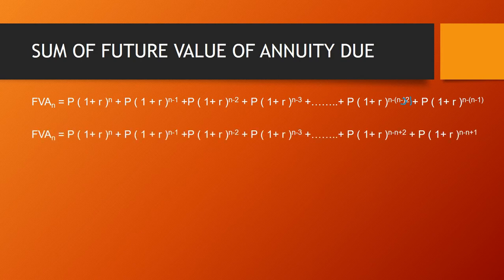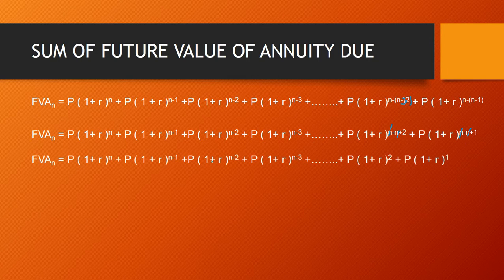So now if you open this, it will be n minus n plus 2. And over here, when we open the bracket, it will be n minus 1 plus 1. So this n and this n will be cancelled, and similarly over here also this n and this n will be cancelled. So we are left with 1 and 2 over here. So you can see that your complete amount, the future value of the annuity, will be P(1+R) raised to power n plus P(1+R) raised to power n minus 1, then n minus 2, n minus 3, till it reaches 1.